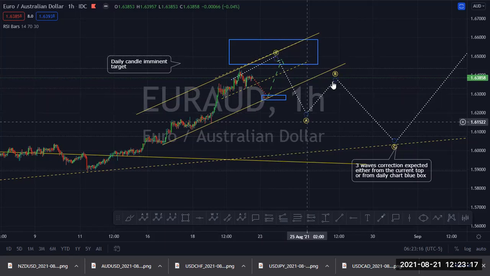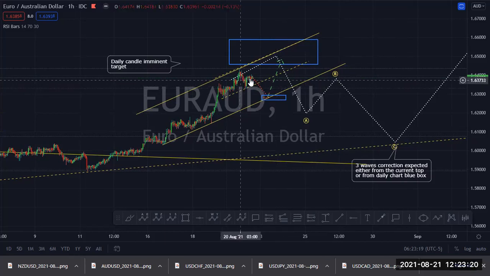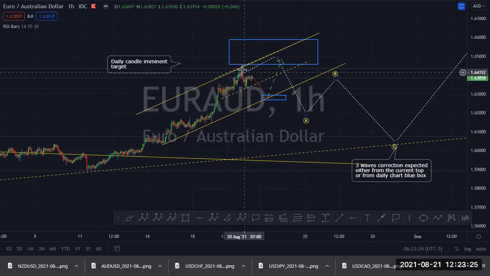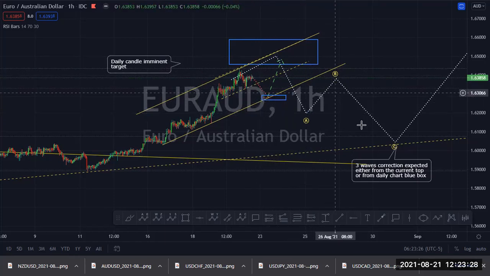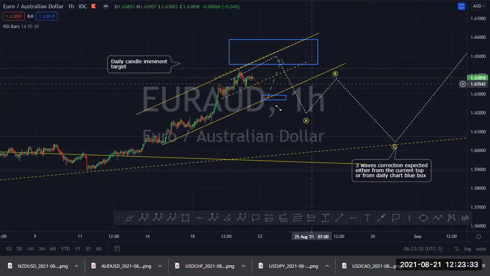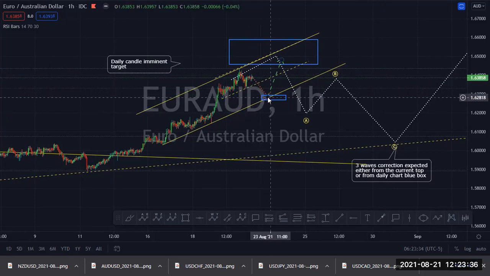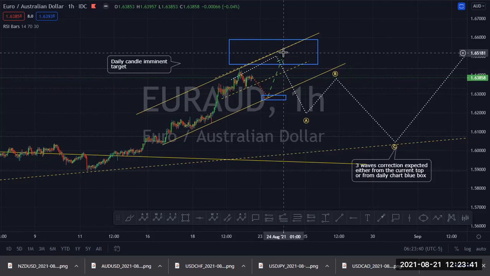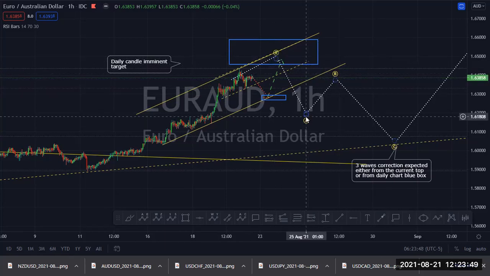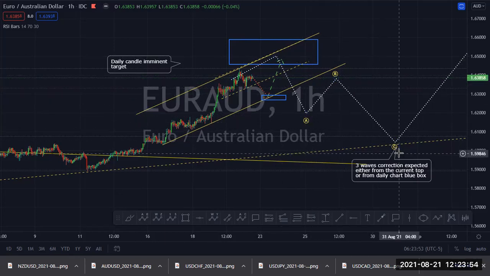I mean, this A, B, C will start when we have this drop and this move. Secondly, it may have already started. We may get this A, B, C before then buying. So, in my opinion, we need to have this drop towards this yellow line, then a move up into the blue box. Then after that, we get A, B, C. So if you can catch this wave A, better. If you cannot catch it, wait for A to finish, B finish, then you can comfortably sell C.